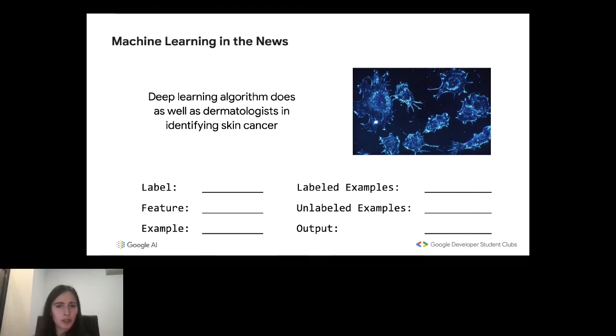Does anyone know how we can encode an image to give to a machine learning model? How can we encode it to give it to whichever algorithm, an image? Can anyone guess? Yeah, it's a matrix, exactly. If we have a colored image, it's going to be a three-dimensional matrix where every value is the value of a pixel. So if it's a colored image in RGB scale, this is why we have three dimensions.